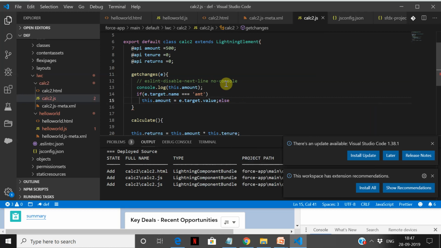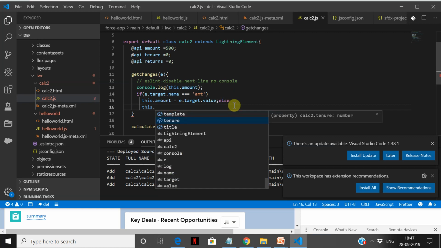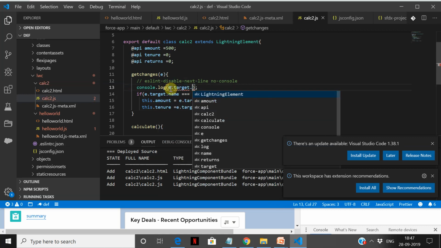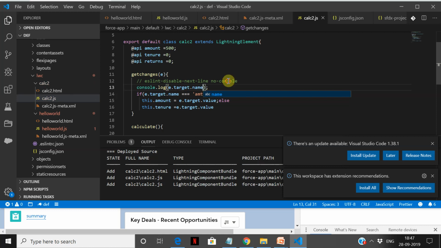Else, this.tenure equal to. So within the same method, we are changing two values. Now what does this do? Let us do one thing. Instead of this, we will use e.target.name, which will return the name value associated with the tag.